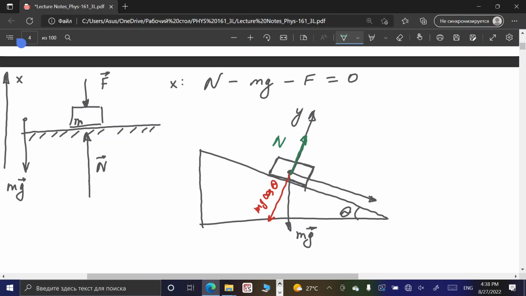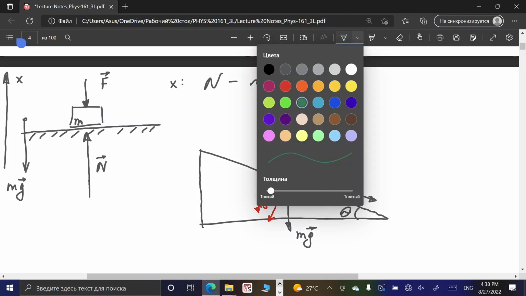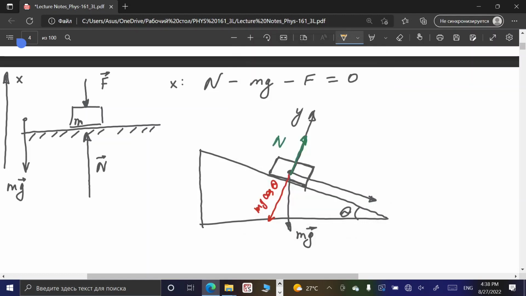And also we have additional x component. So let me change another color. This one will be mg times sin theta. So in this case, when we split this weight vector of the block into two components along axis y and x, we can write the